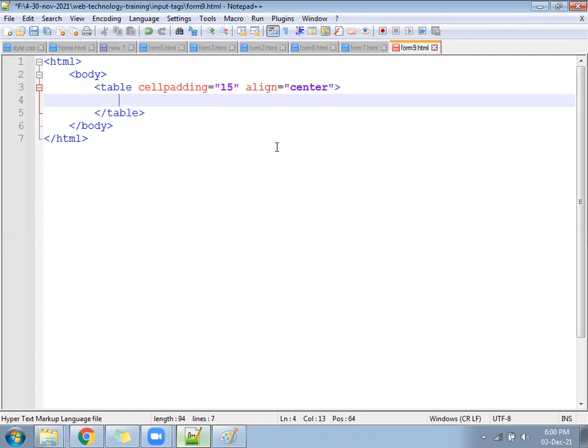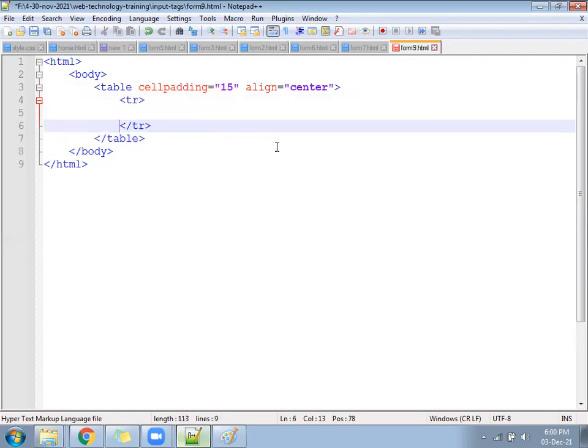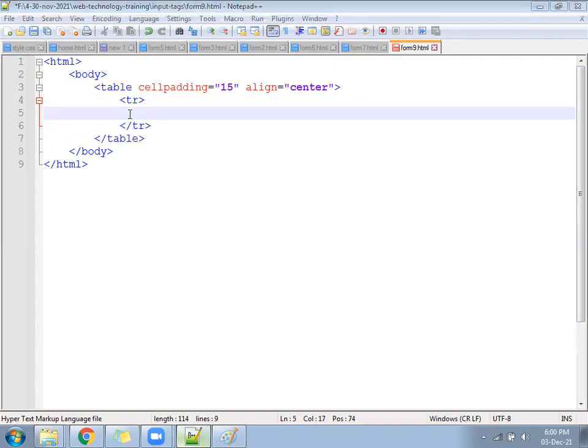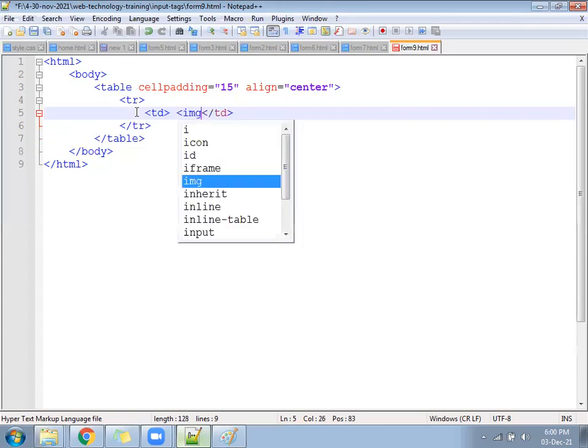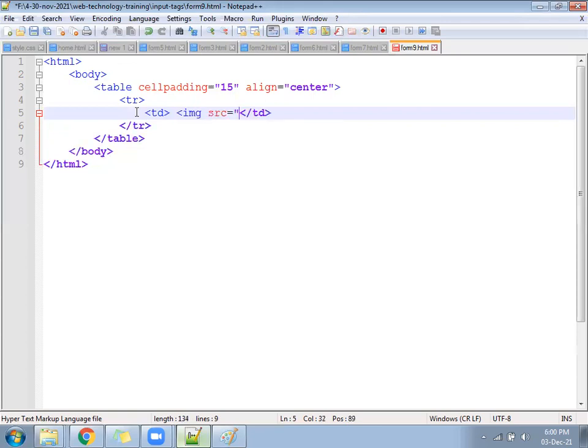After that, TD. In the first TD, we want to display the image. IMG SRC equal to 1.jpg.